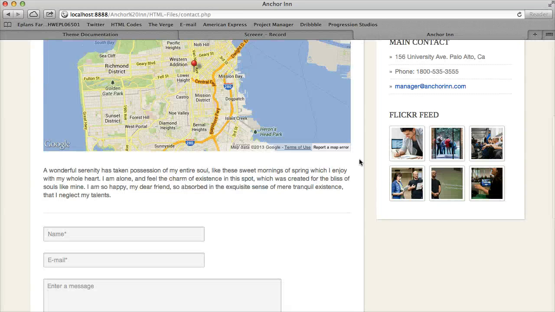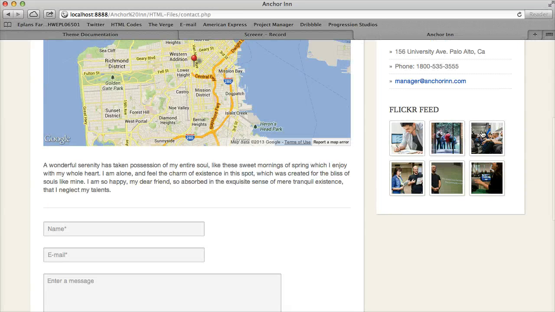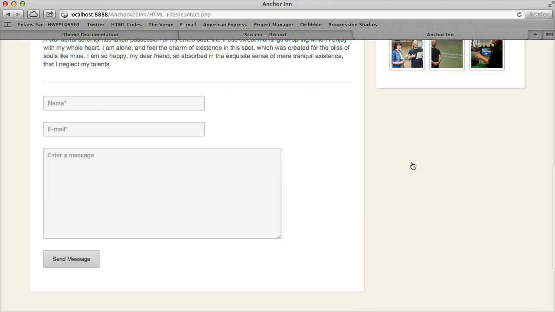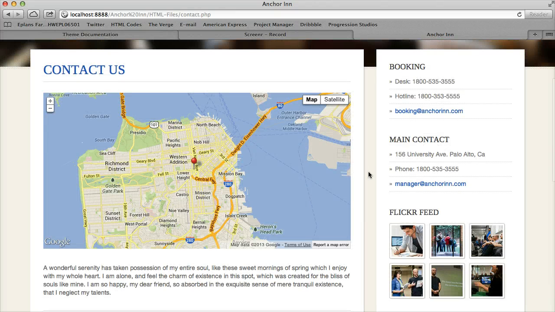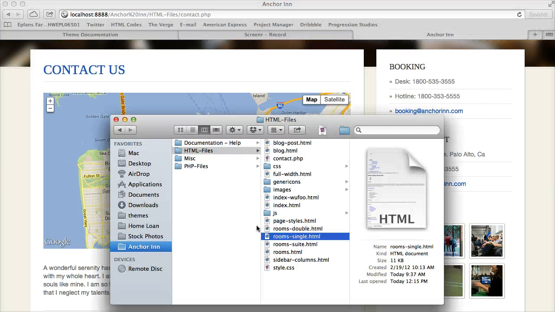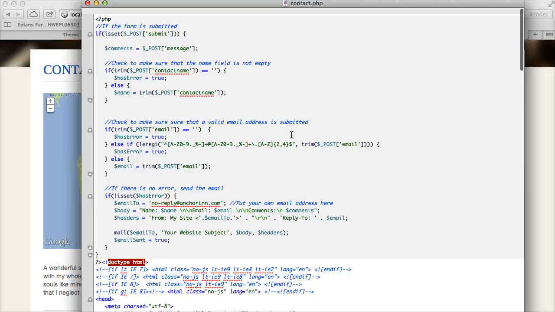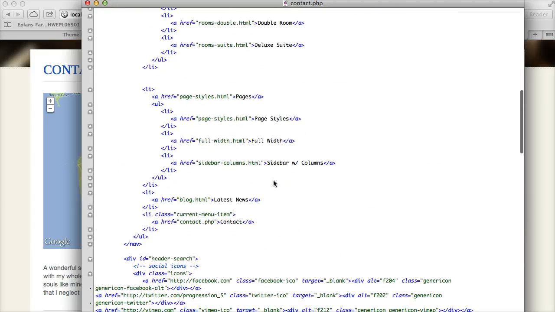Alright, I'm going to go over your Flickr widget, how to grab your own images from Flickr, and then I will also go over this map on the contact page. So let's dive into the files, and let's open up our contact.php file,